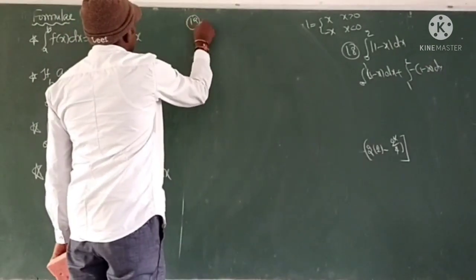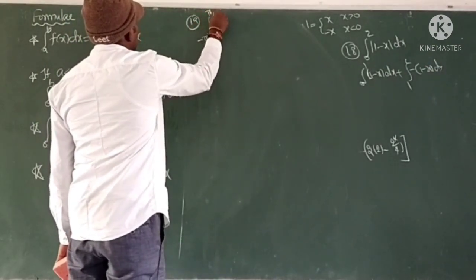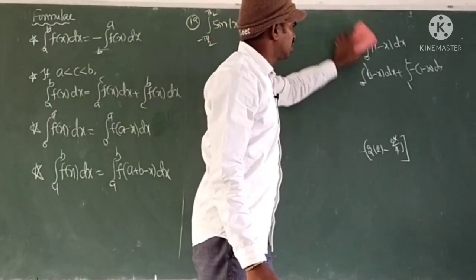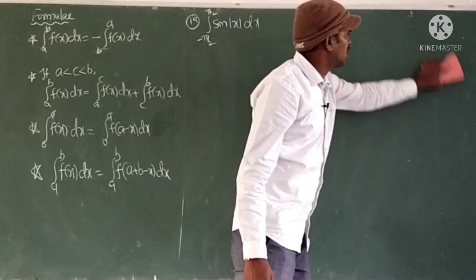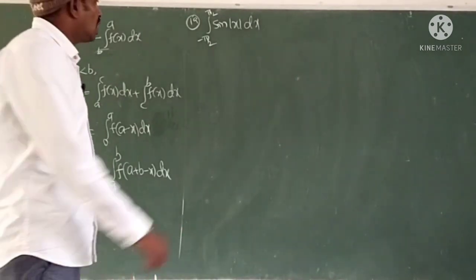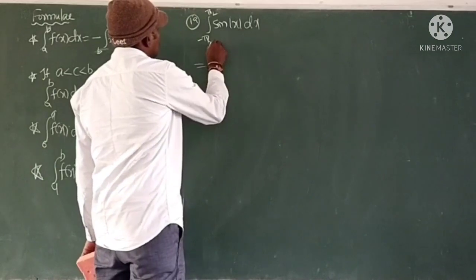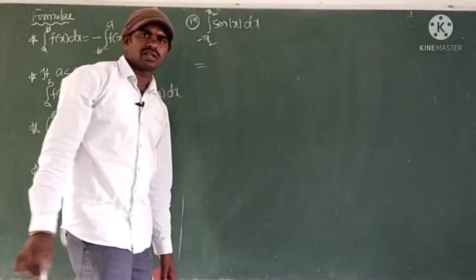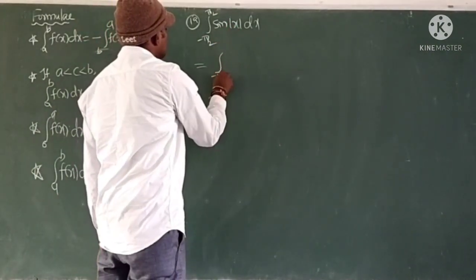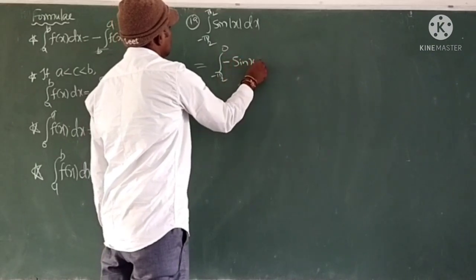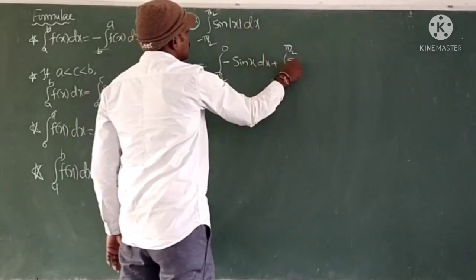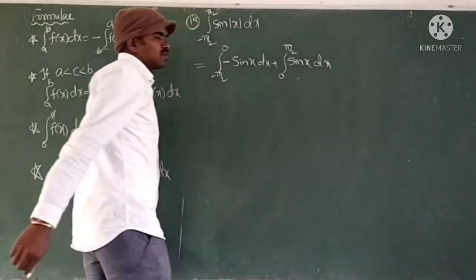Yeah, 19th question is integration from minus pi by 2 to plus pi by 2 of sin modulus x dx. Same type of question, little bit different. For this the answer is 1 or 2, what did I tell? Yes, 1. Next, we can also split this: minus pi by 2 to 0, sin mod x is negative. So we can take minus pi by 2 to 0, we can write minus sin x dx plus, and after that 0 to pi by 2, mod x is plus x only, so sin x dx. So we can split this way.